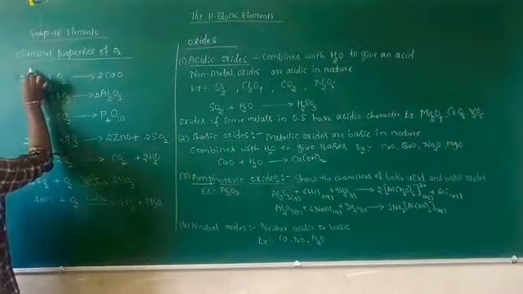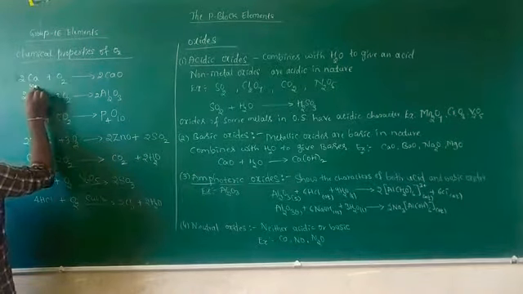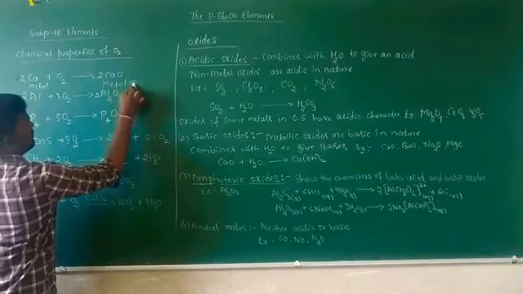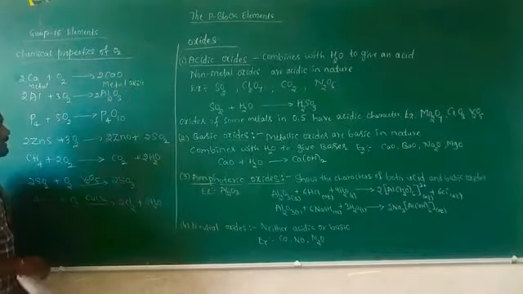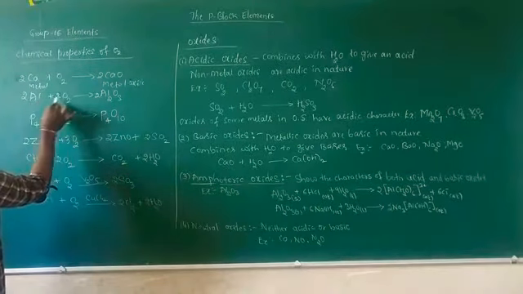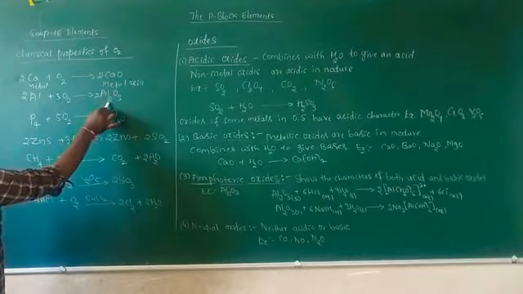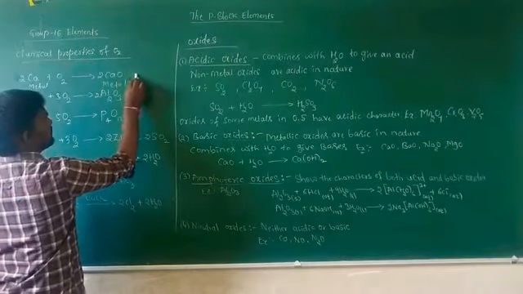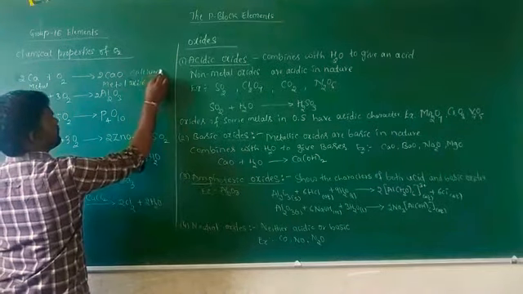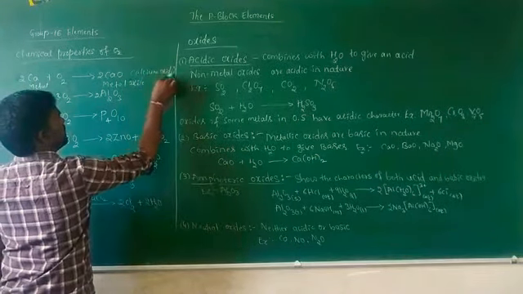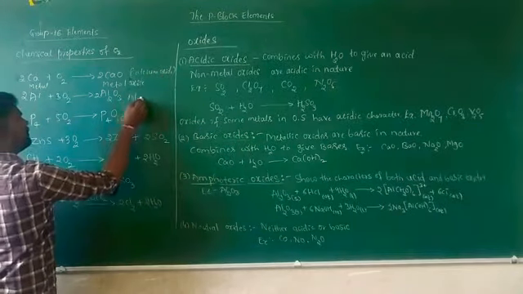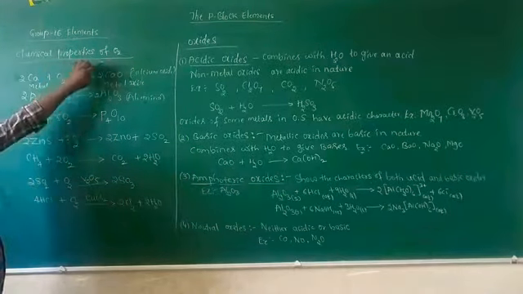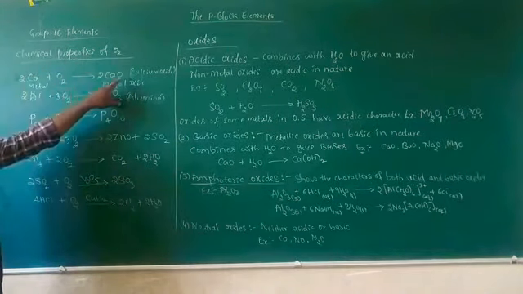Here calcium is a metal to form metal oxides. Like that, aluminium is a metal, which reacts with oxygen, dioxygen, to form aluminium oxide, Al2O3. This is calcium oxide and this is aluminium oxide. Dioxygen reacts with the metals to form metal oxide.